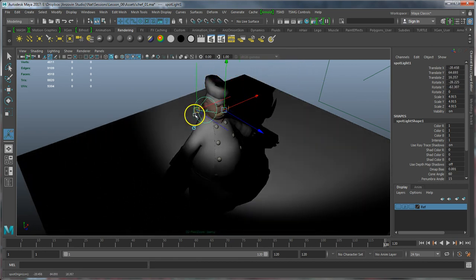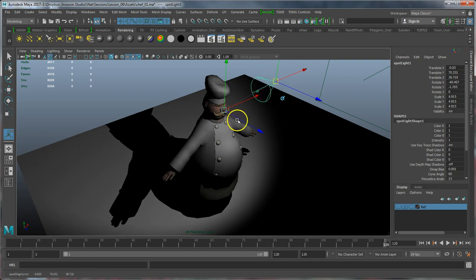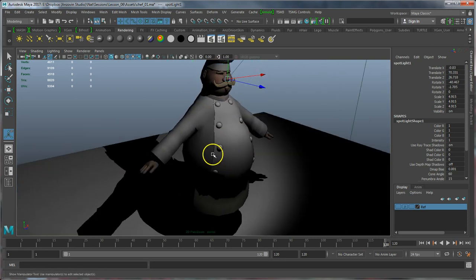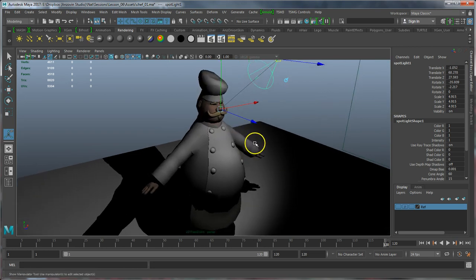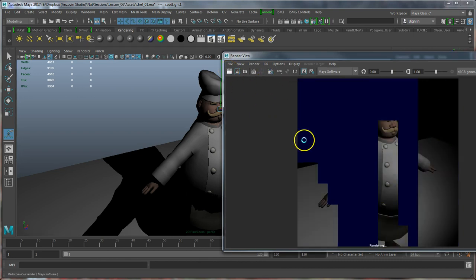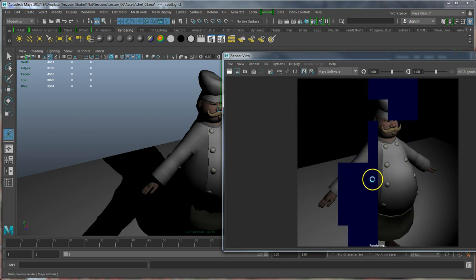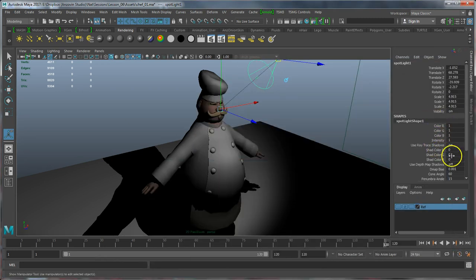shadows in the display, we can see now our chef is casting a shadow behind him, and the effect of the spotlight is much more clear. When we render, the shadow seems to disappear. That's because in our light we have a ray traced shadow. If we use depth map shadows instead, it'll show up in the render